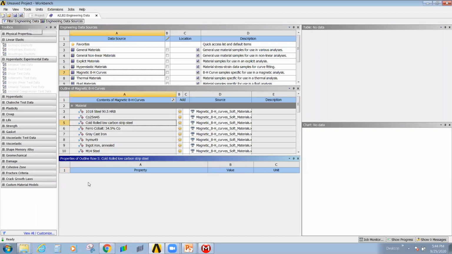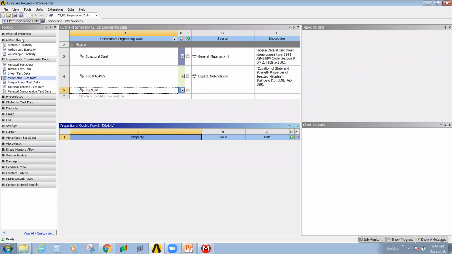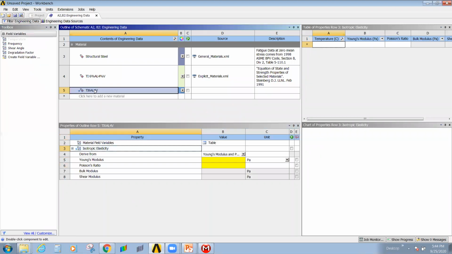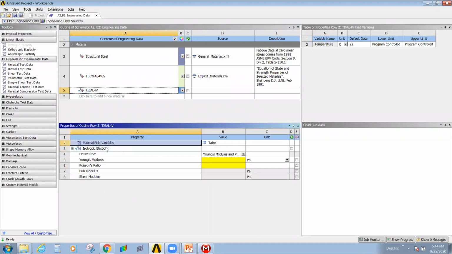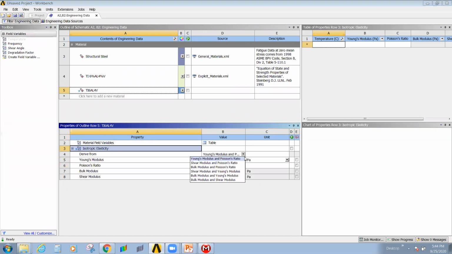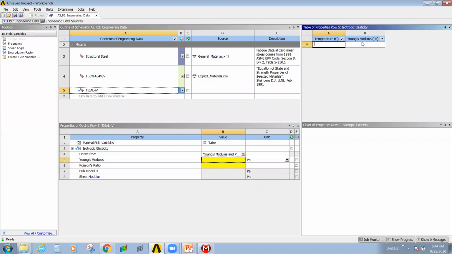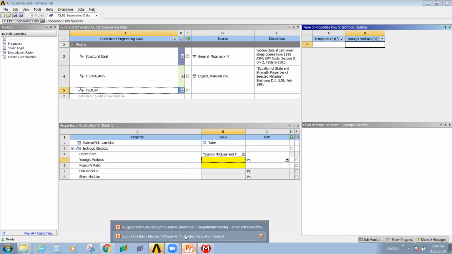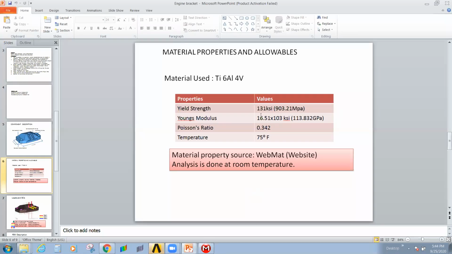So that your properties will be added directly. Okay. So isotropic properties are required, which will be added for your titanium aluminum material. What all is required? The Young's modulus and Poisson's ratio. So what is the Young's modulus? I'll enter your Young's modulus. So go back to the presentation. What is your Young's modulus? That is